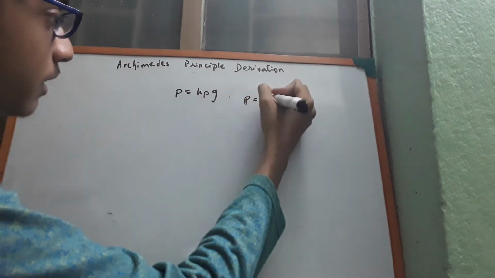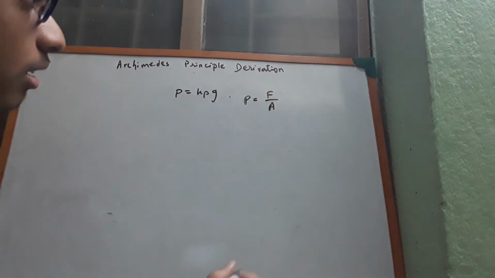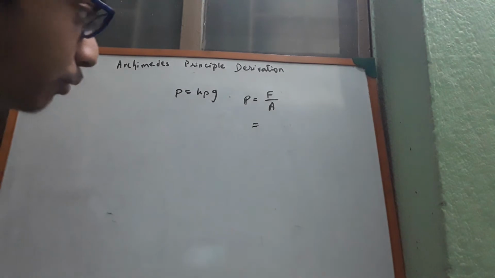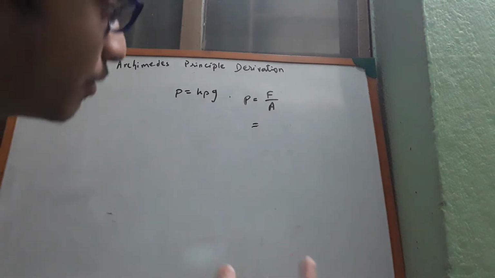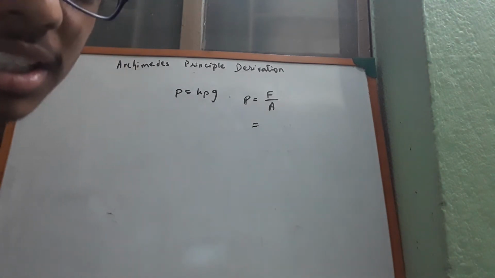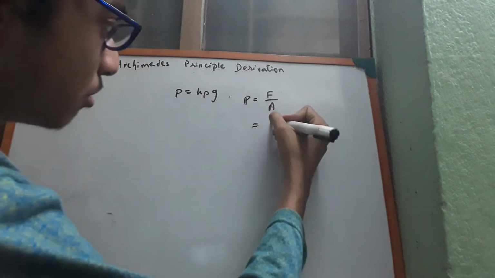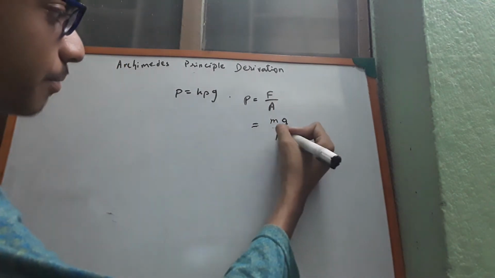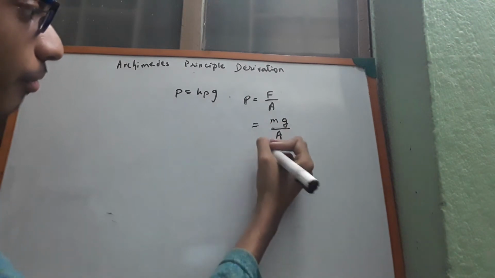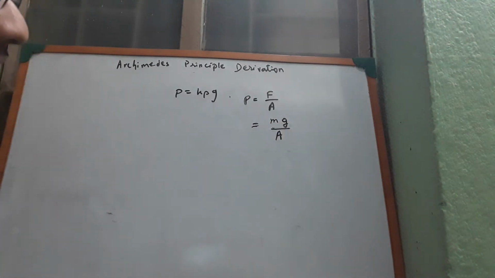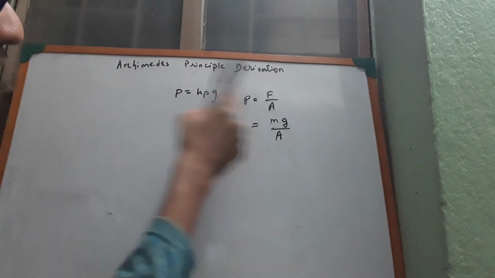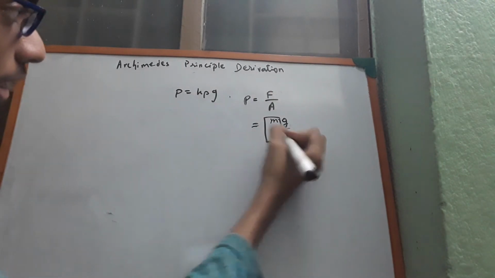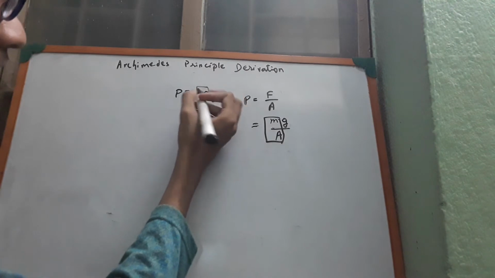It's easy. Pressure is force over area, right? So we'll consider the case of fluid. You can take force to be the weight, so if you assume force to be mg, that's mg over A. But we need an h here. We already have a g. That means we have to prove that this m by A is equal to h rho. This is not p, this is rho.